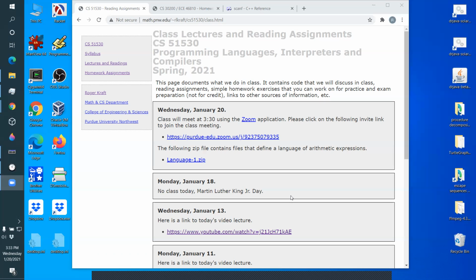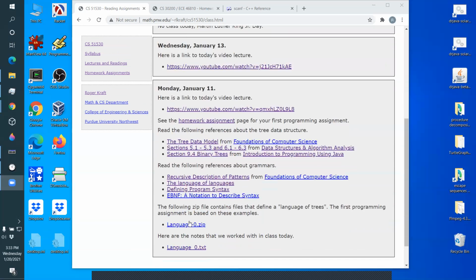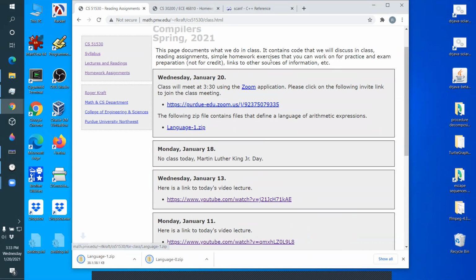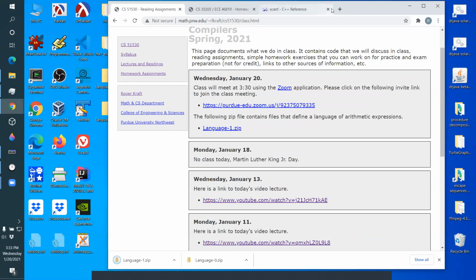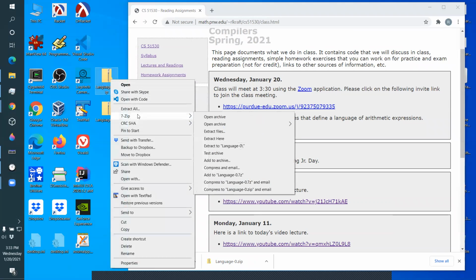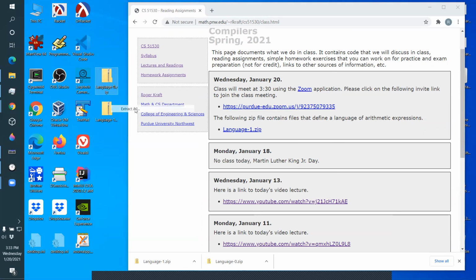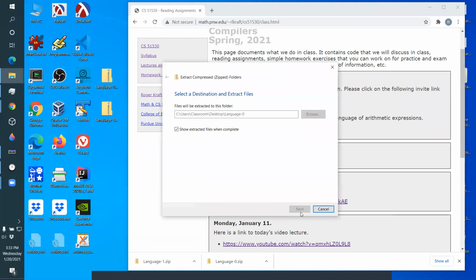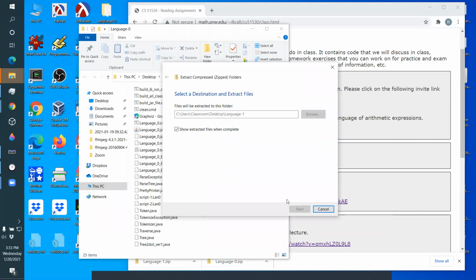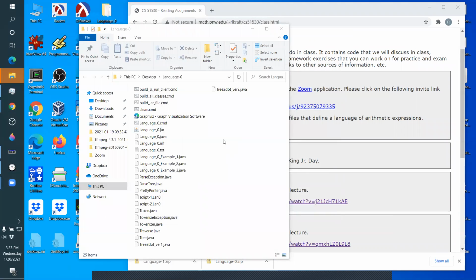Okay, so then what I'm going to do is, let me download language 0. I'm going to start talking about language 1 also. Okay, clean up a little bit. Okay, so